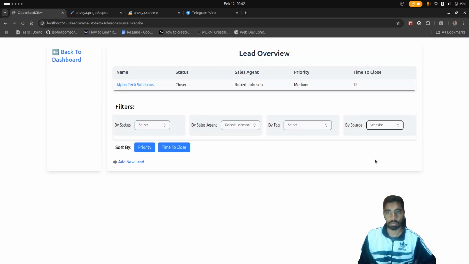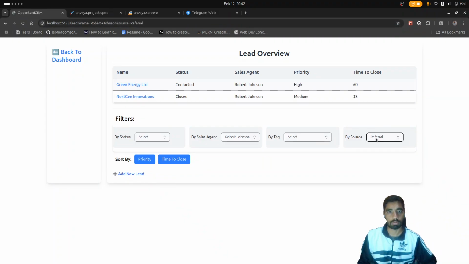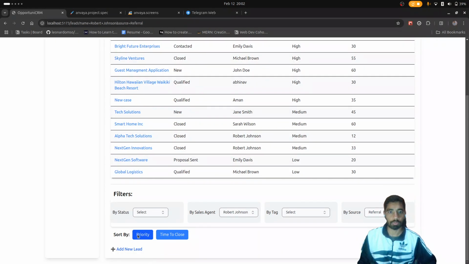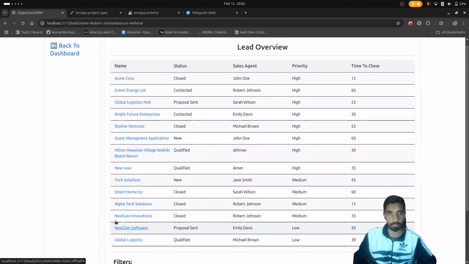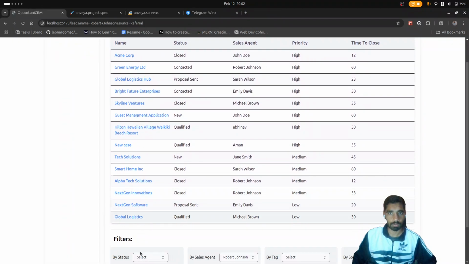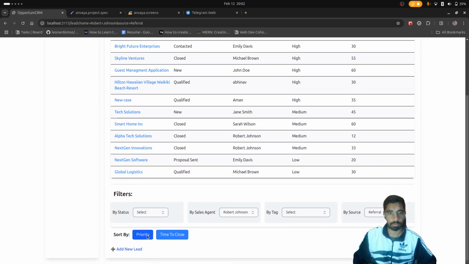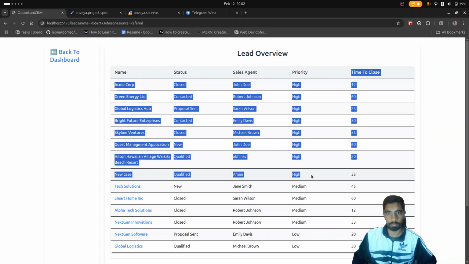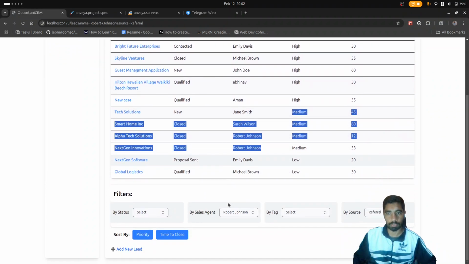And if we implement multiple filters, we can also sort it like this. Sort by priority, it will show like this: high first, medium second, and low at the last.